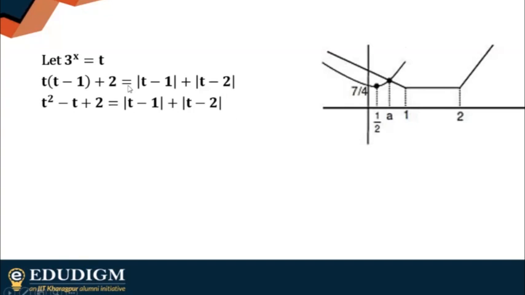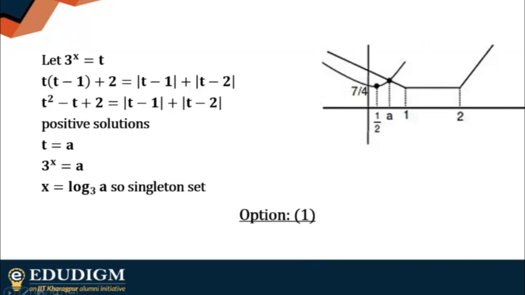And also you know how to draw the graph of this one. You will definitely have sharp bends at 1 and 2, and you can see that this will intersect for positive values. Obviously it's going to intersect at just one point, so you just get one simple solution. All right, you can always break it up into pieces, or here we have just used the graphical method. It's all the same. At the end of the day, it's about just getting the correct option. But most of the time we also thought about saving time, so this is going to save you a lot of time here. I hope you understand.